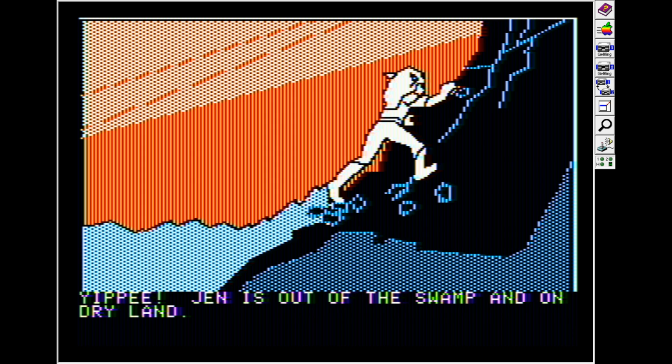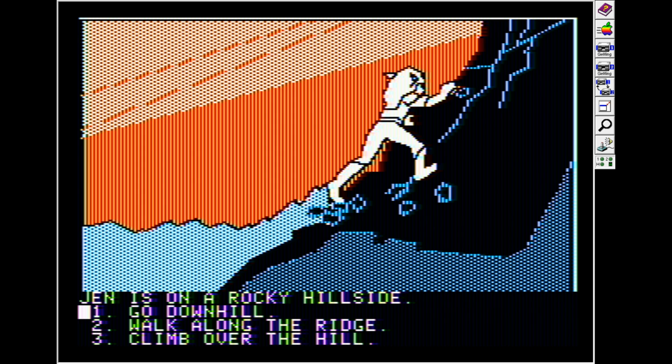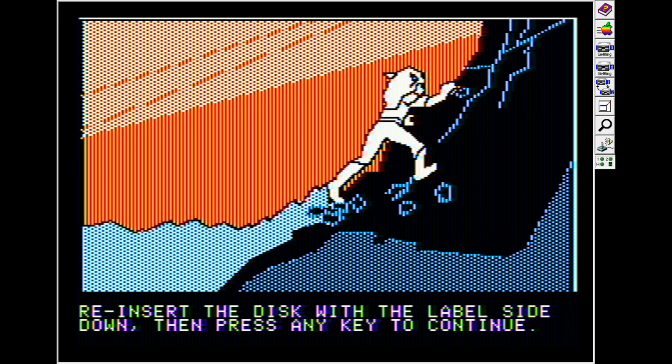Yippee! Jen is out of the swamp and on dry land. Jen is on a rocky hillside. Go downhill, walk along the ridge, climb over the hill. And under the hill? Let's go ahead and climb over the hill. Maybe we'll see the,